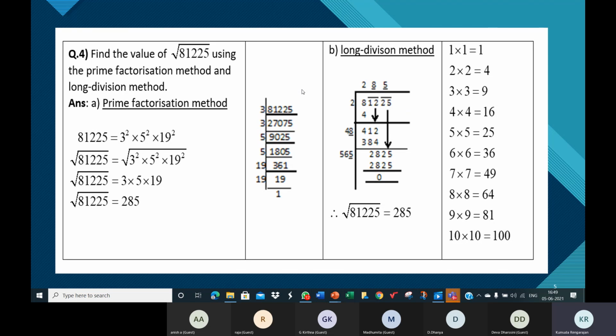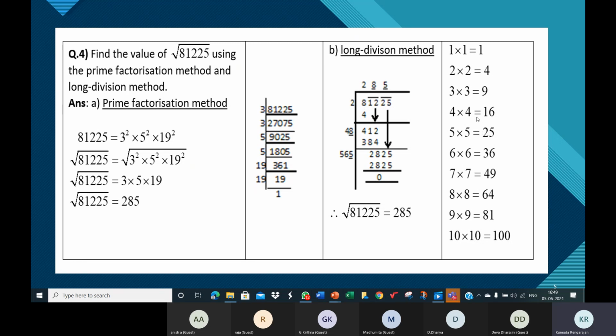Yes, you have to unmute and tell me if you understood. Yes, ma'am. All right. So group the digits in pairs. That's the first step. After that, take the first group. The first group has only 1 digit. The second group has 2 digits. The third group has 2 digits. Now take the first group, 8.